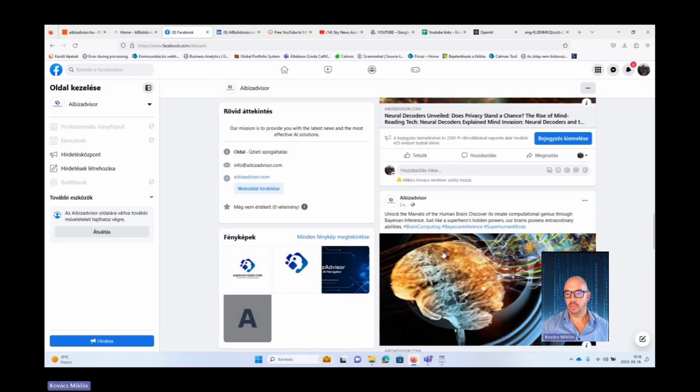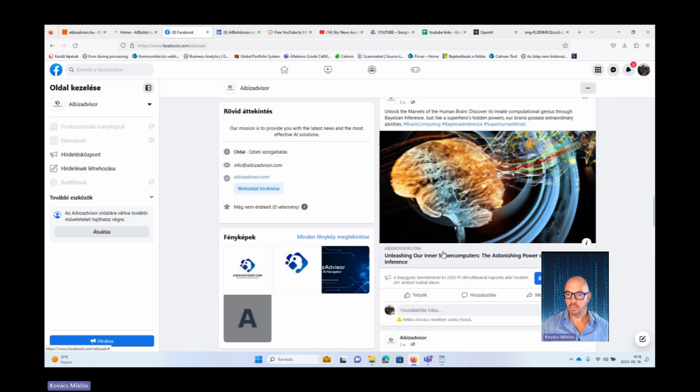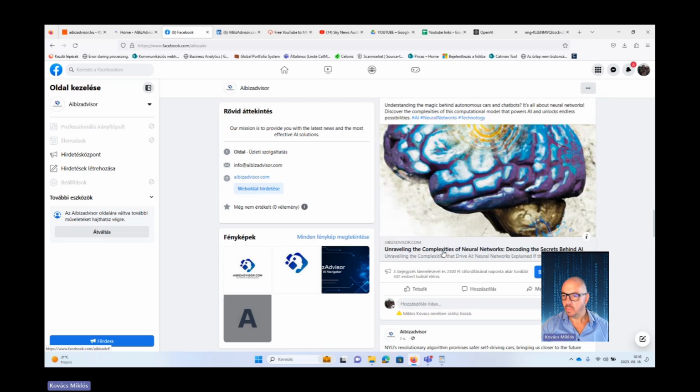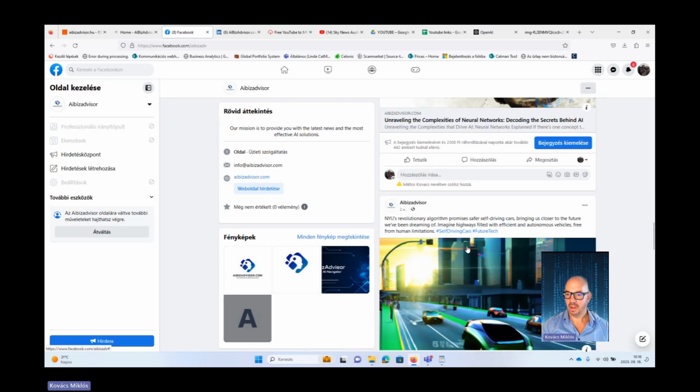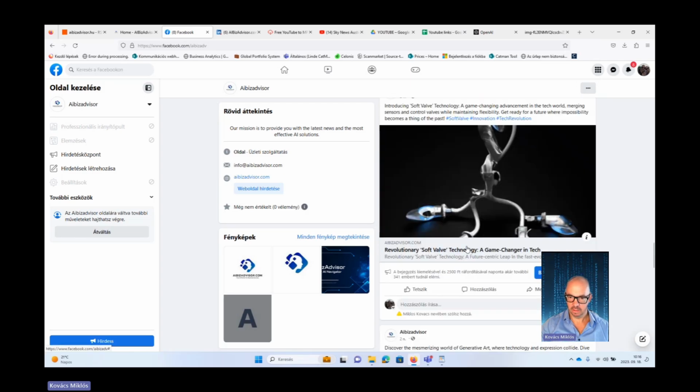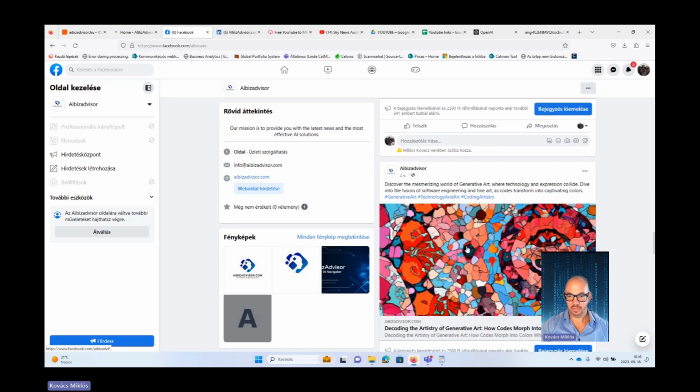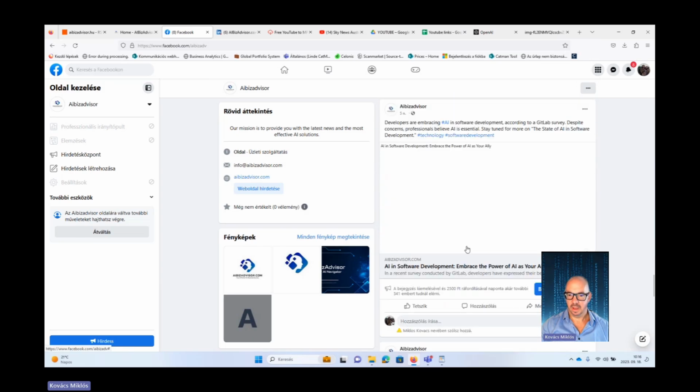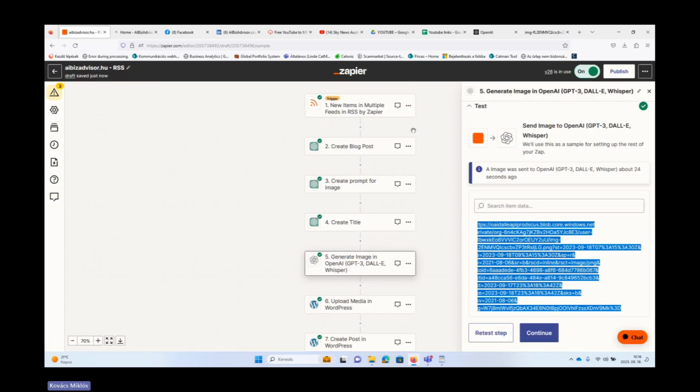DALL-E is not perfect yet. So compared to Midjourney, the quality of the images is not really so cool. It's quite nice. I think for some purposes it's perfectly fine. I'm happy with that, but I can imagine some scenarios where it's just not enough.